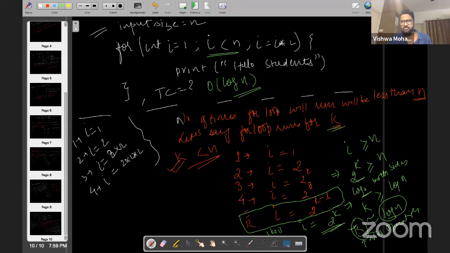Same thing here also. Just a loop does not guarantee that the time complexity will be linear or quadratic, right? So be very clear. Just try to see how many times the actual number of operations are happening. And only when you know the actual number of operations happening proportional to the input size, that is how you find the time complexity of a problem. So this is just one example.